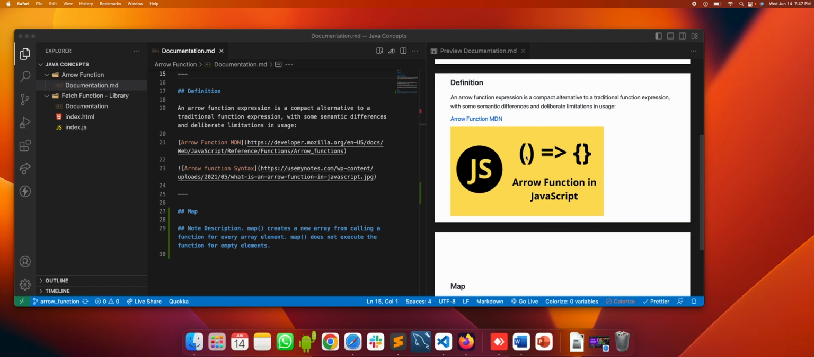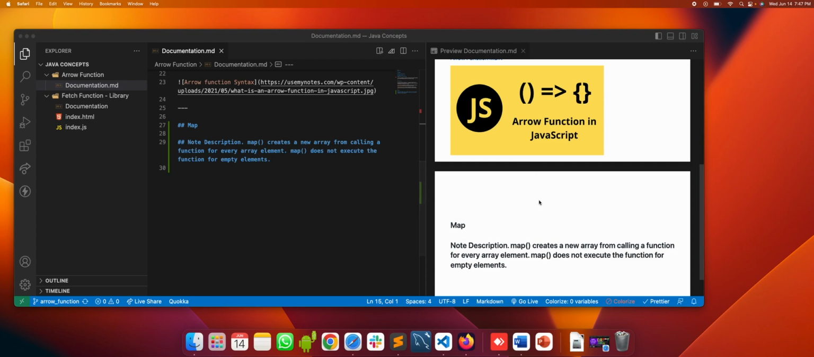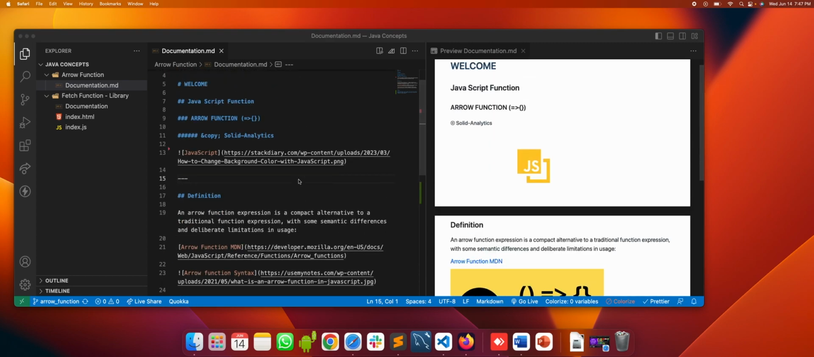For this tutorial, we're going to take a small example or small usage of the map function as well. And for that, I have given the basic definition, which is: map creates a new array from calling a function for every array element. Map does not execute the function for the empty elements. Okay. And for the purpose of this tutorial, we're going to use an extension called Quokka,